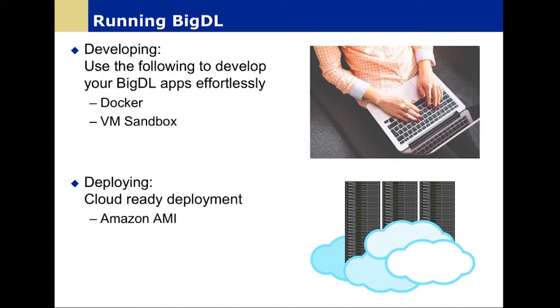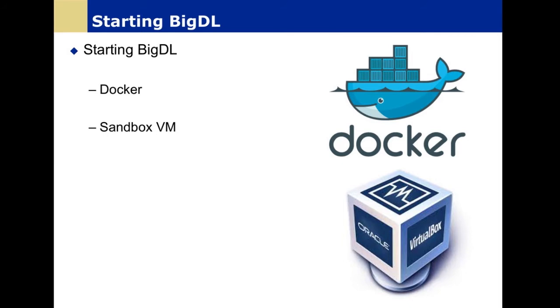So we have a lot of different options, and it's our goal that you should be able to immediately get going with BigDL. Let's talk about how to start BigDL using the Docker container. Now, Docker is a great way to go if we have a Mac, a Linux machine, or a Windows box which is running Windows 10 Professional with Hyper-V installed. So if that fits, then we should proceed ahead with Docker for the Sandbox. If not, we may want to consider using the Elephant Scale Sandbox VM, which we can download for VMware or VirtualBox, and we'll talk about that in a minute.